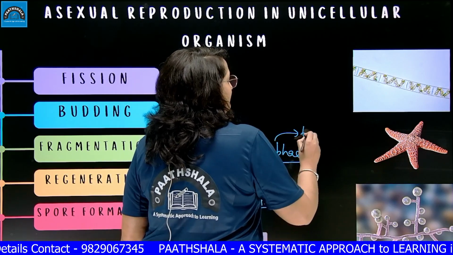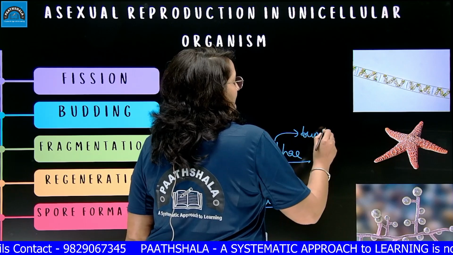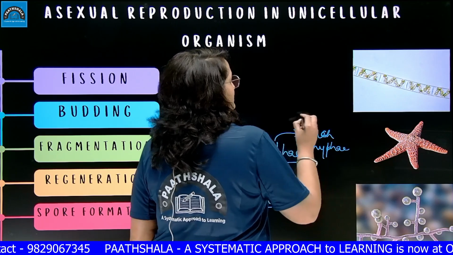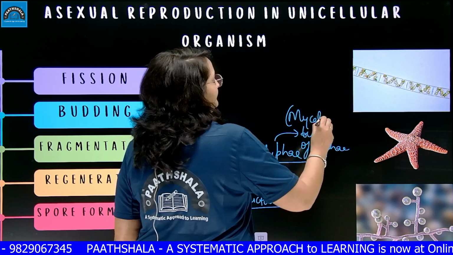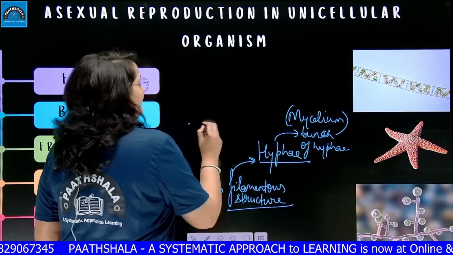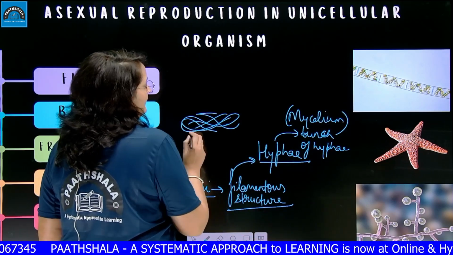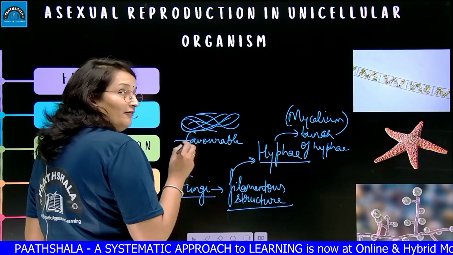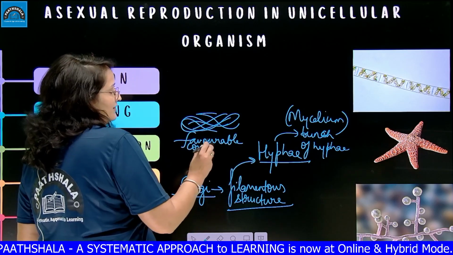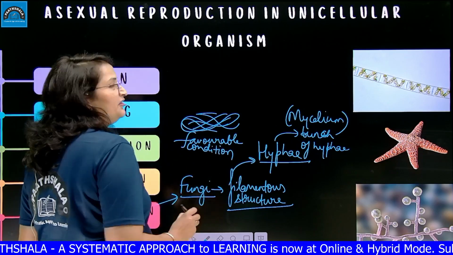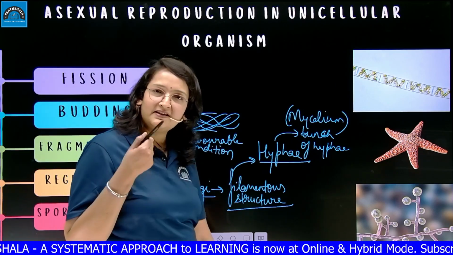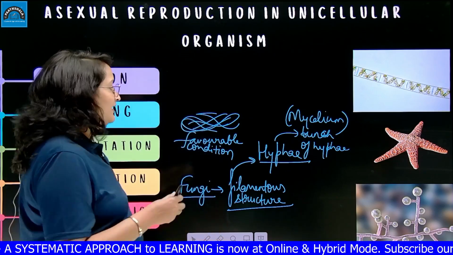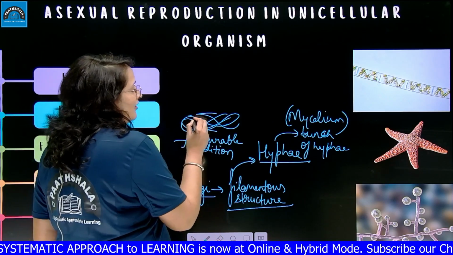The bunch of hyphae is called mycelium. Now what happens when this mycelium gets favorable conditions? What is the favorable condition for fungi to grow? Moisture and low temperature, right? During the rainy season, the temperature is slightly low and there is moisture and humidity in the environment. In this favorable condition, on this mycelium,